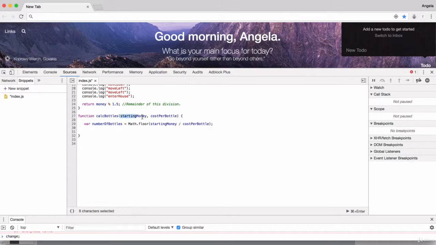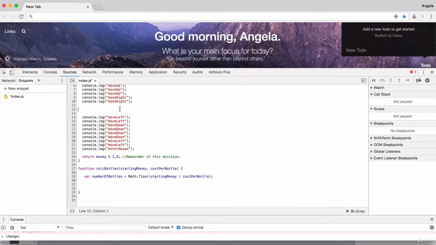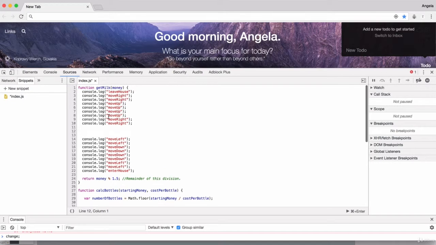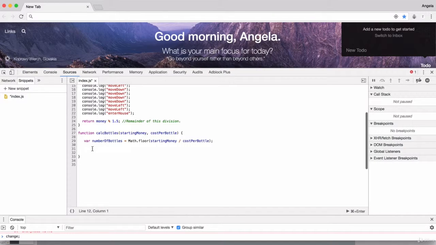So you could have a starting money amount of $5, $10, $20, doesn't matter. And if you divide that by the cost per bottle of milk, then you will end up with the number of bottles. So now, how can we use this function inside here? Well, if we give this function a return statement, and we say that the output of this function is the number of bottles,